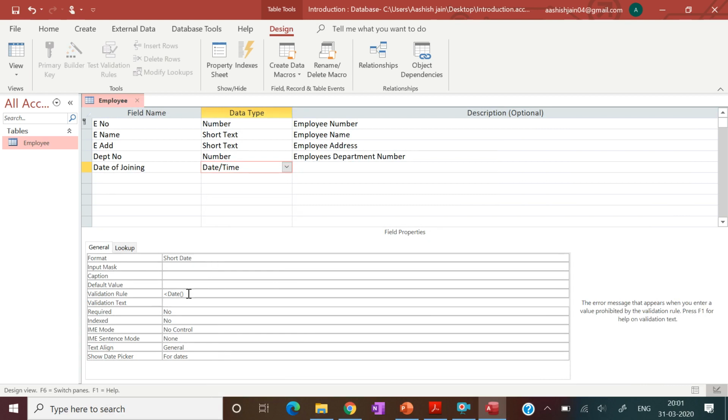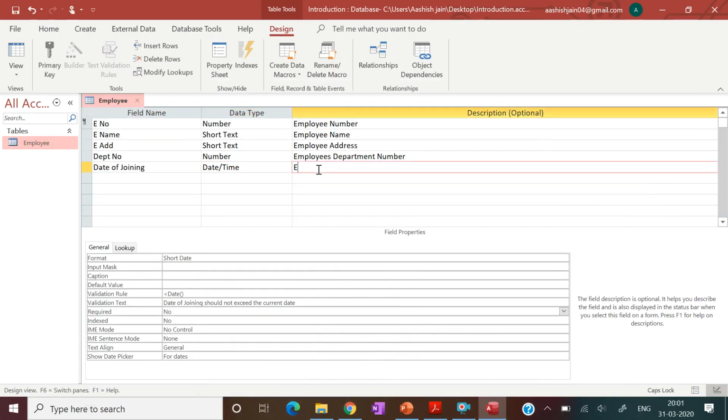Now here in validation text we will put some description, like date of joining should not exceed the current date. Then in description we put employees date of joining.